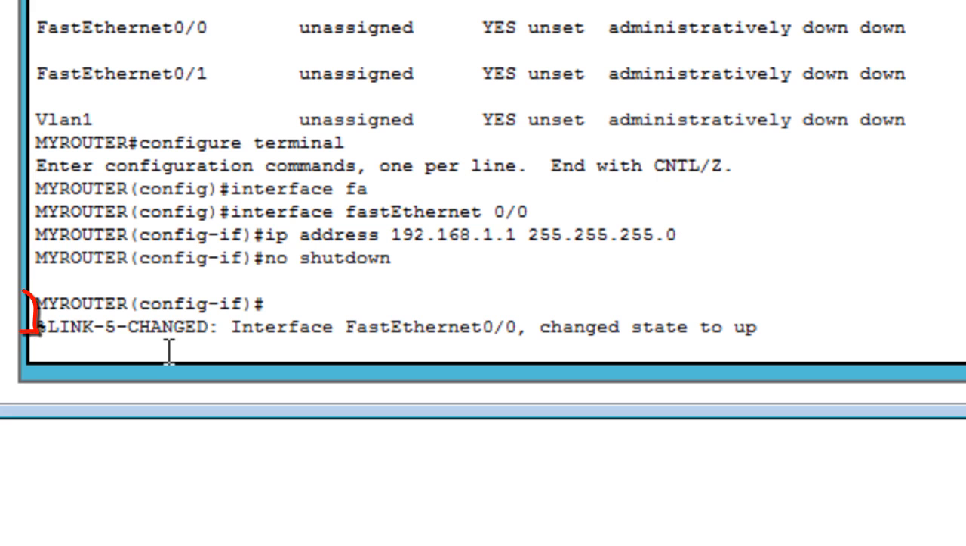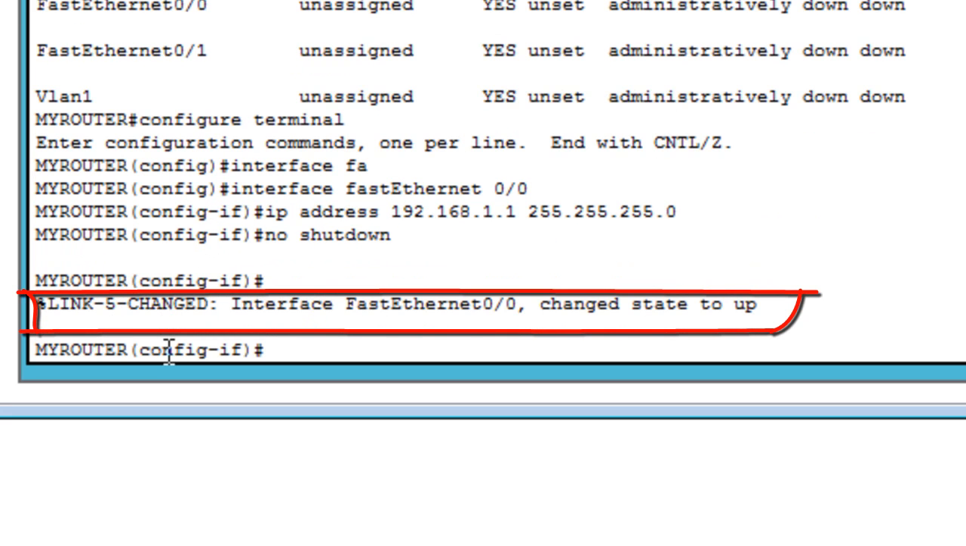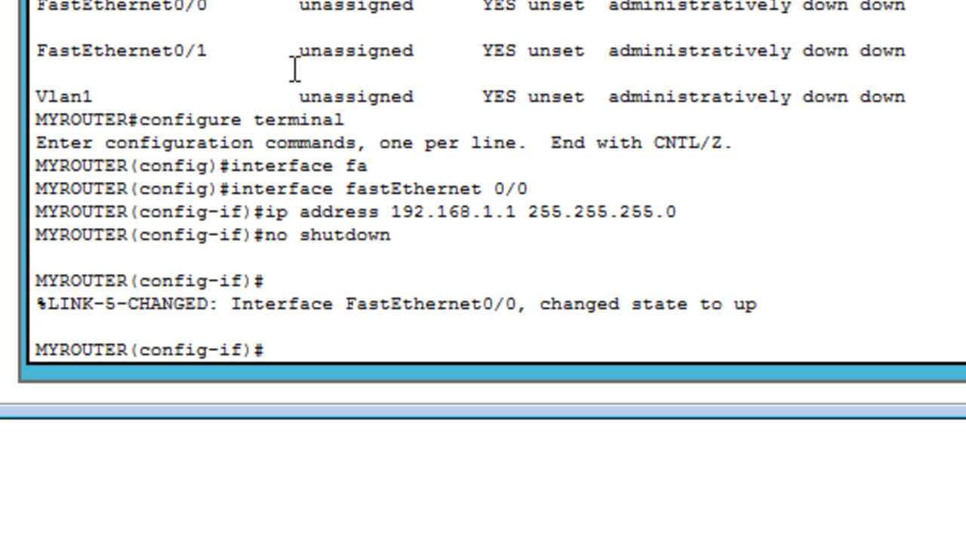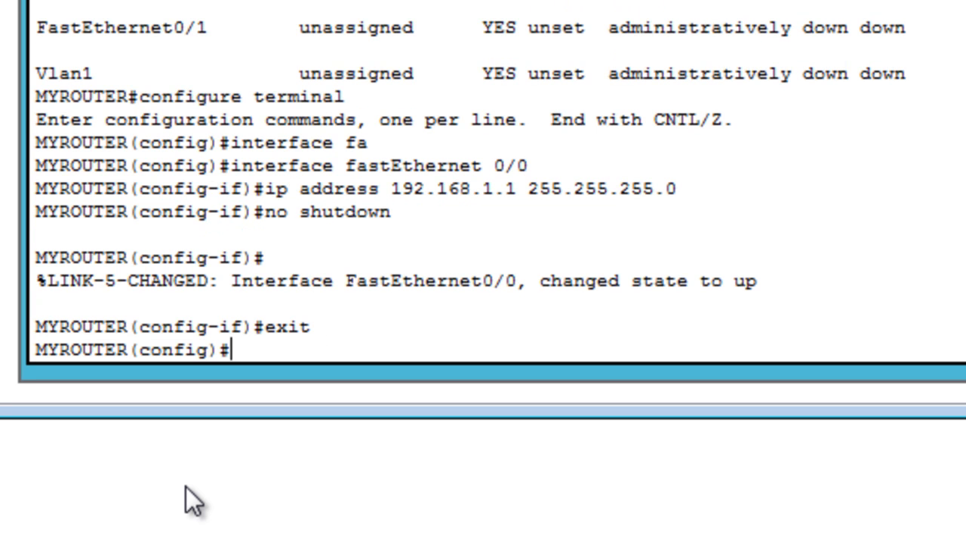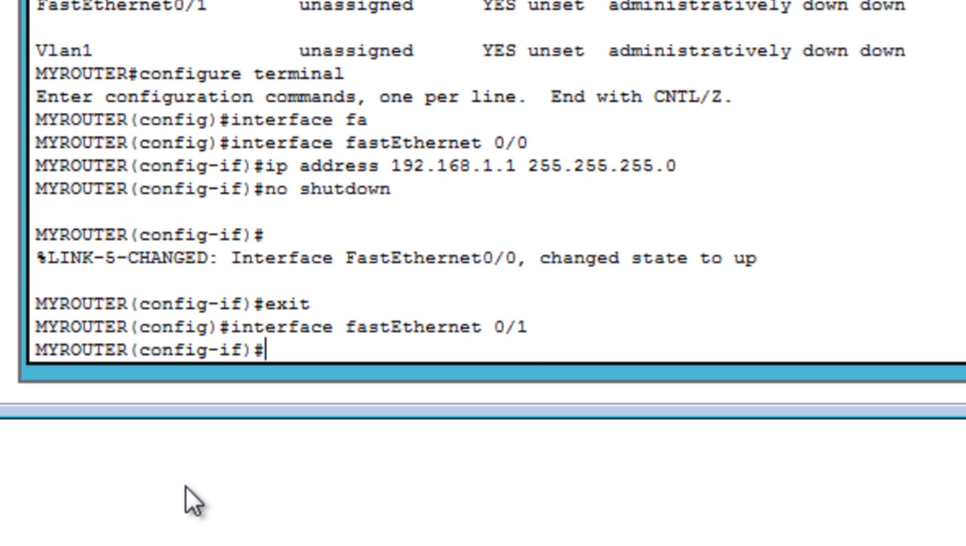No shutdown. And you see now, it says the interface has been up, like you see up here on the screen. So now I'm going to do that for the other interface too. I'm going to exit from here, and I'm going to go to interface FA 0/1, and I'm going to do IP address